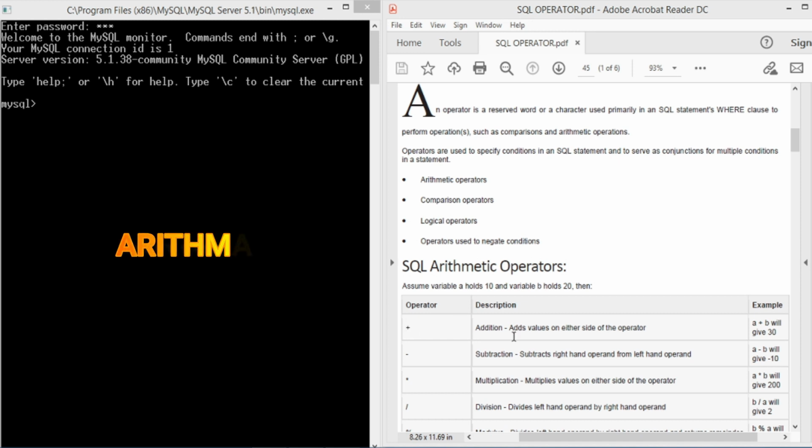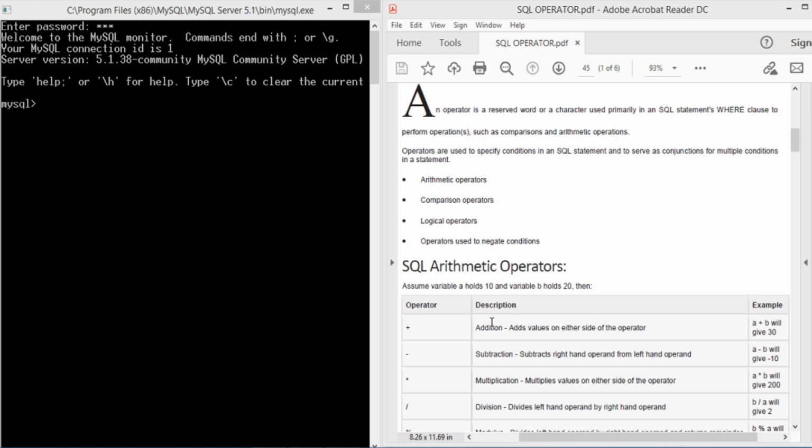SQL arithmetic operator: addition operator. The addition operator performs the addition operation between two operands. Suppose here are two variables, a and b. a stores 10 and b stores 20.